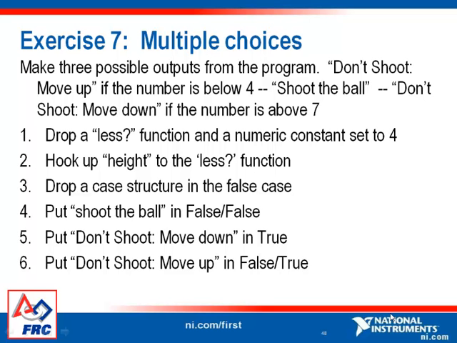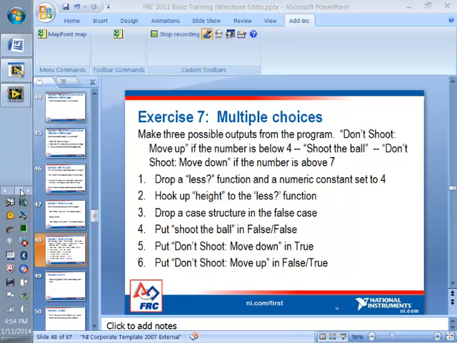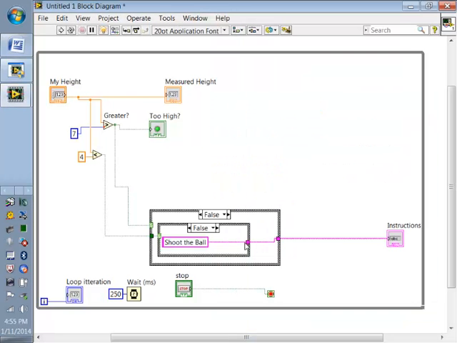So this is your solution to that problem. Multiple choices is a big deal. A couple things to note about multiple choices. If you have multiple choices, you must make sure that you have your output tunnels hooked up in all cases. For instance, if I forget to hook up this in true, I'm just going to break this wire so there's no output. Now, if I'm looking at the false case, I can't tell that that's not hooked up